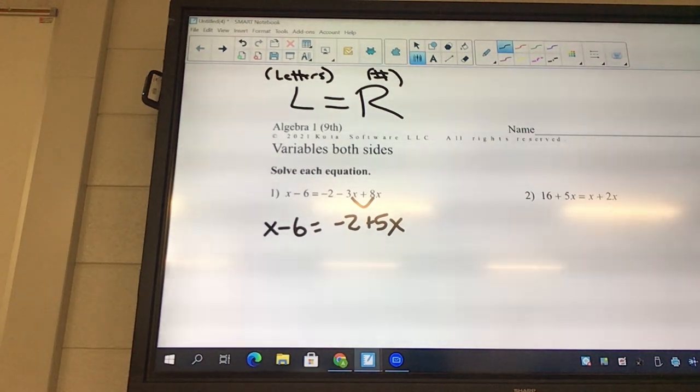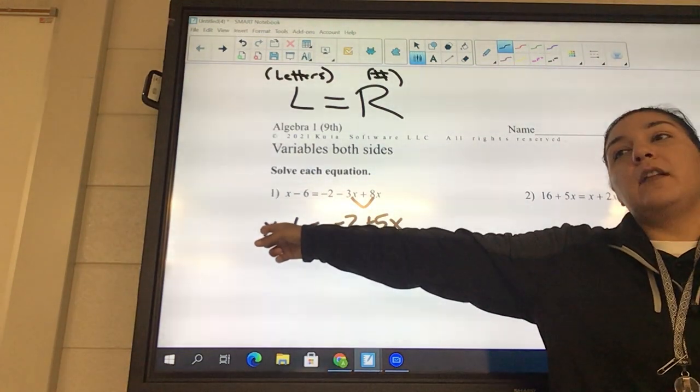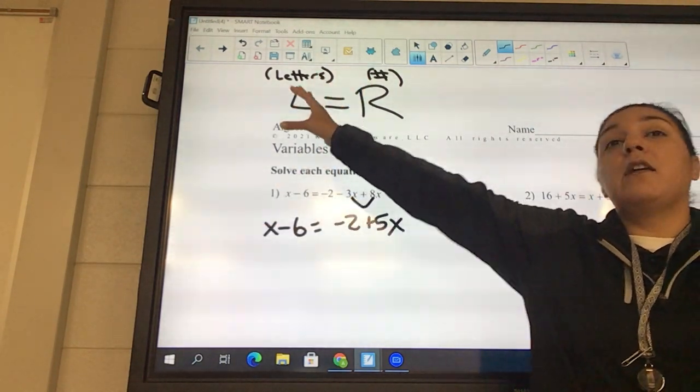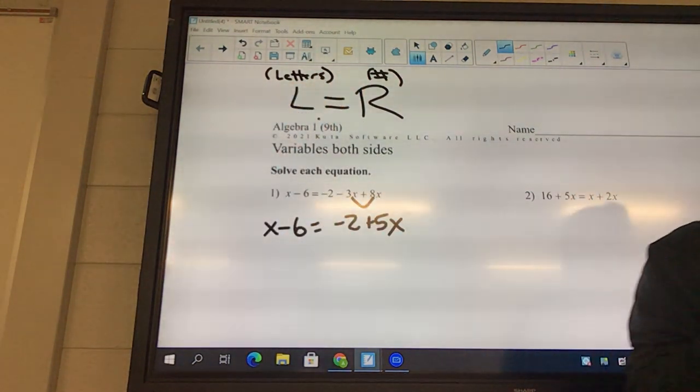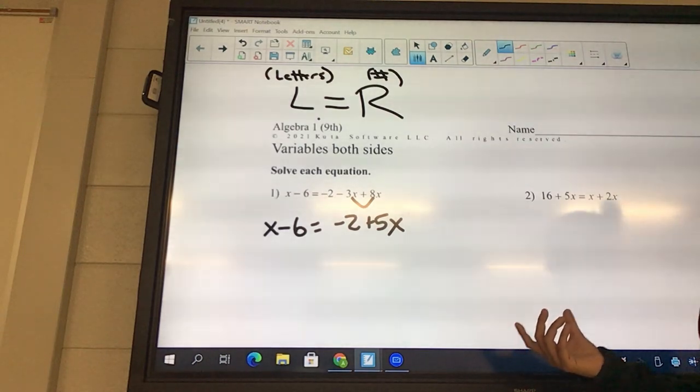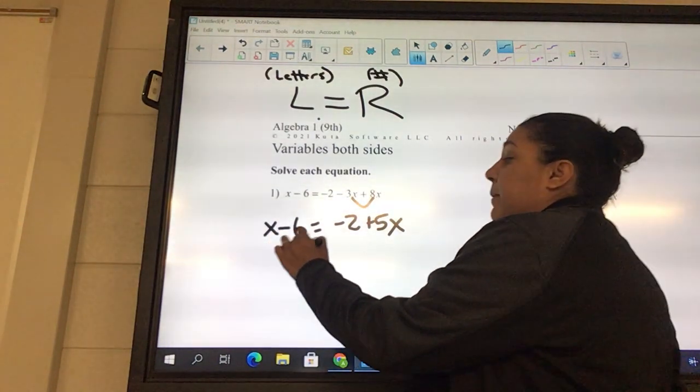Okay, so we're gonna have our letters need to go to the left and our numbers need to go to the right. Okay, and so when we look at this x, is that a letter or a number? It's a letter. Okay, so it's gonna stay on the left side. A -6, is that a letter or a number? It's a number, so it needs moved to the right. How do I move a -6? A +6, okay? And then,